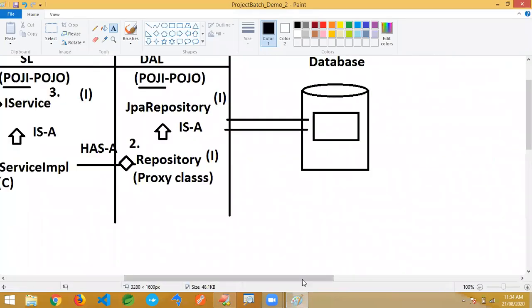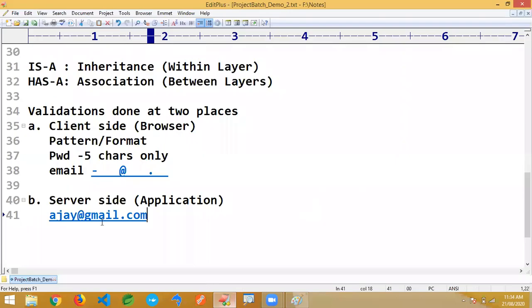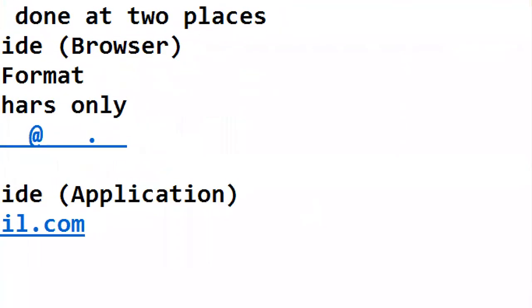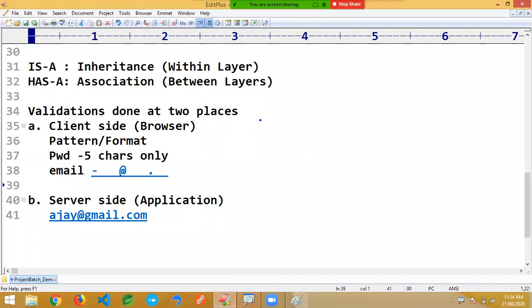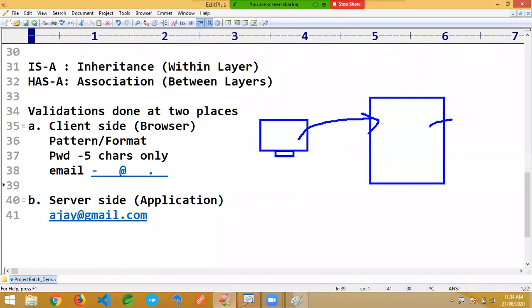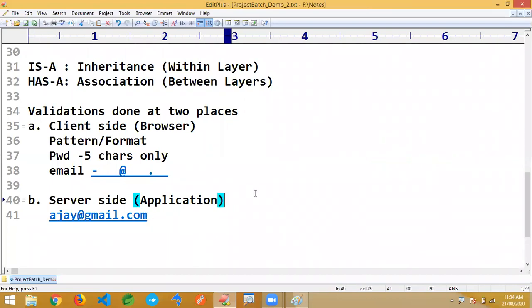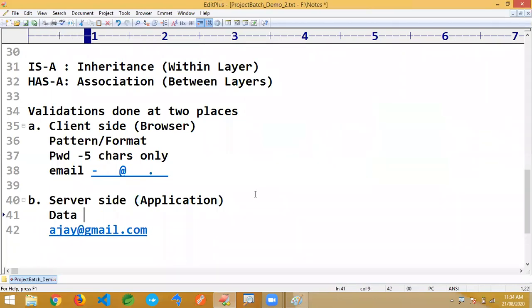Going to the database and checking means you have to come to the application. From the browser you have to come to the server. If we give the value to the server, then the server is going to check. The overview flow will be like this. It's a browser. In the browser you are entering something here, the email, that makes a request, then it will come to the server. The server will take the data and validate it with the database, whatever the name you are giving. Checking at the database side, such kind of server side data validations will be there.